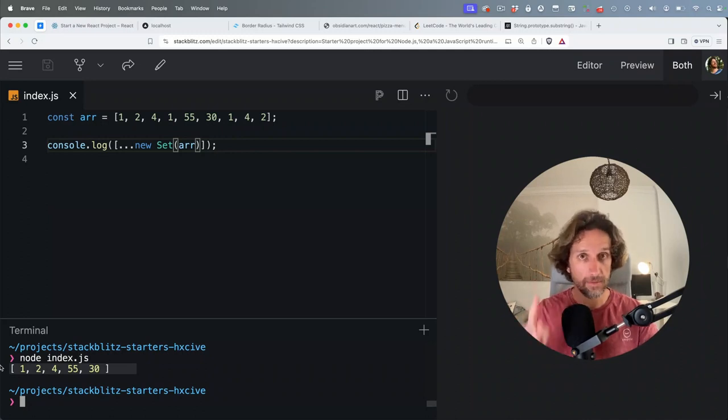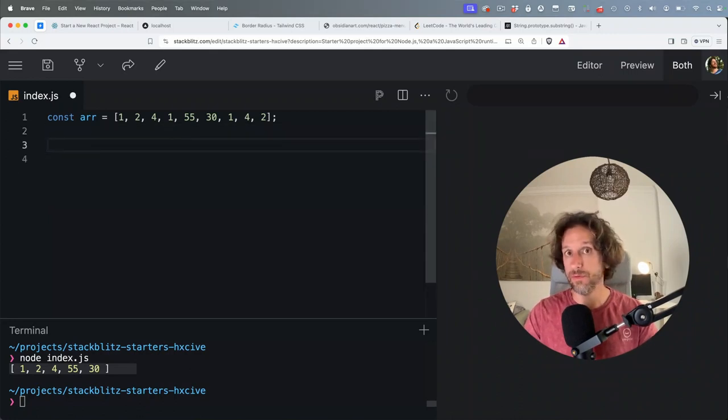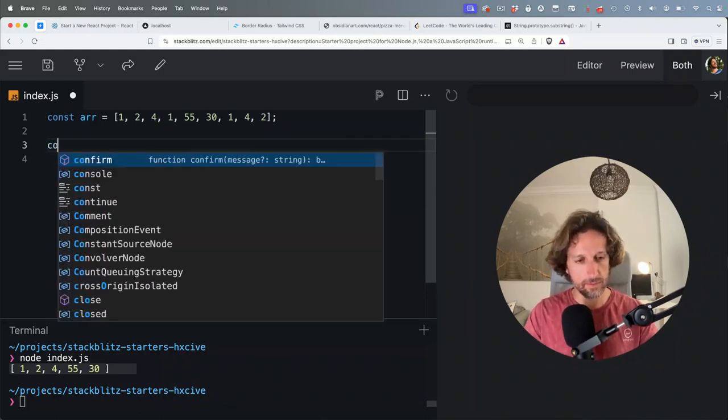But let's make it more difficult. Let's say I cannot use sets. The historical way to do this was using objects, because in objects the keys are unique. How do we do that? So, const